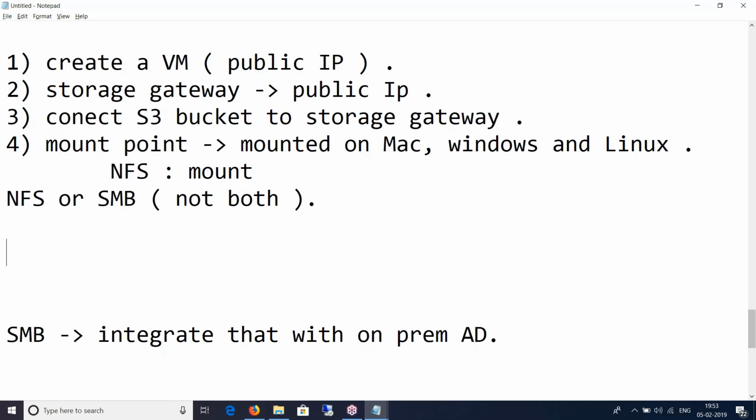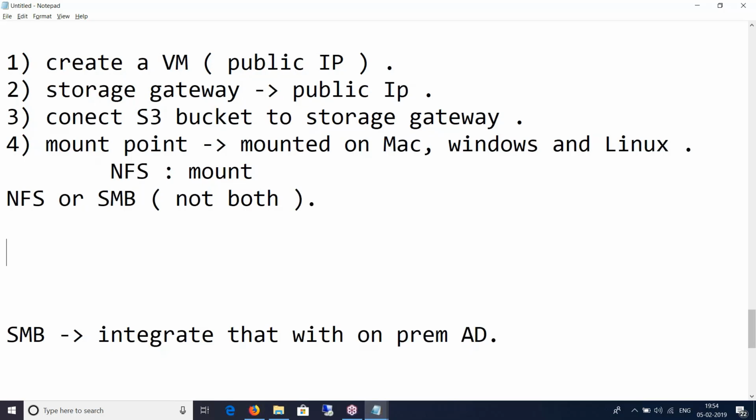Now, probably I'm repeating the whole thing again, but let's move on. Let's talk about some of the features of file gateway. You may talk about encryption, because encryption is one of the key focus areas of the AWS professional certification, specifically security: distributed denial of service, encryption for the data at rest, encryption for the data in transit. These are the bullet points that the blueprint has. So let's talk about it.